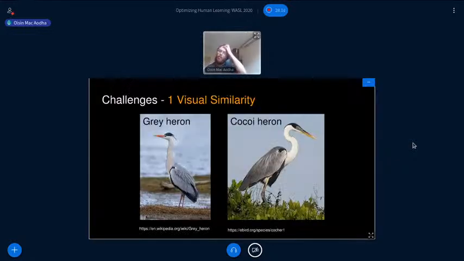One of the reasons this is actually quite challenging is because in many of the domains I alluded to, there can be a lot of visual similarity between the categories of interest. So, for example, we might have two species of birds here, and for a novice, it might be quite difficult to determine which characteristics or features or properties of those animals are actually important for determining which species it is.